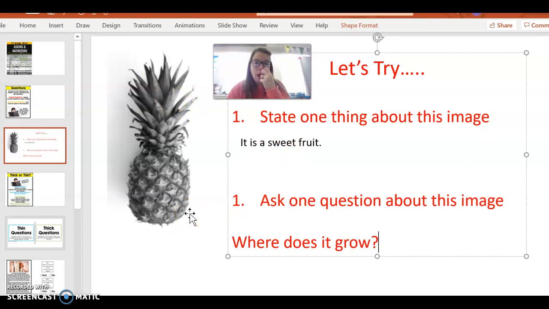Okay, so now you're going to try on the next two slides where you are going to be looking at an image and you're going to put one thing that you know, and then on the next slide, you're going to put what is one question that you have. Okay, and this is a collaboration board, so you'll be able to read what other people wrote as well. Okay, so once you type in your answer, you'll be able to read what other people put on the collaboration board. Okay, all right, so that's your next two slides, and you're going to be doing the same thing. What's one thing that you know about the image, and what's one question that you